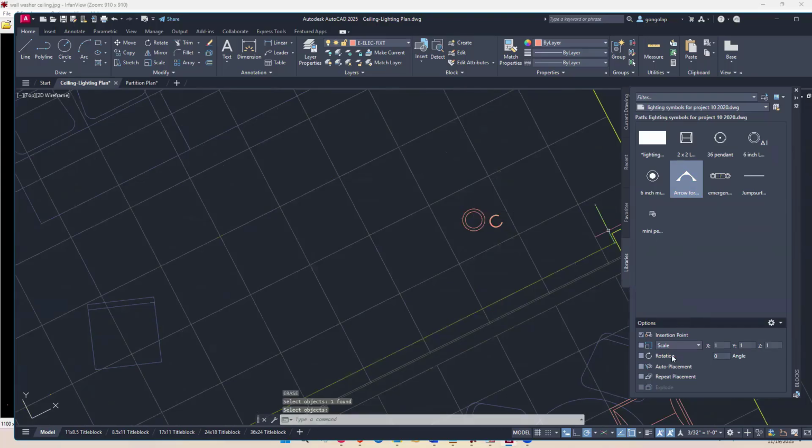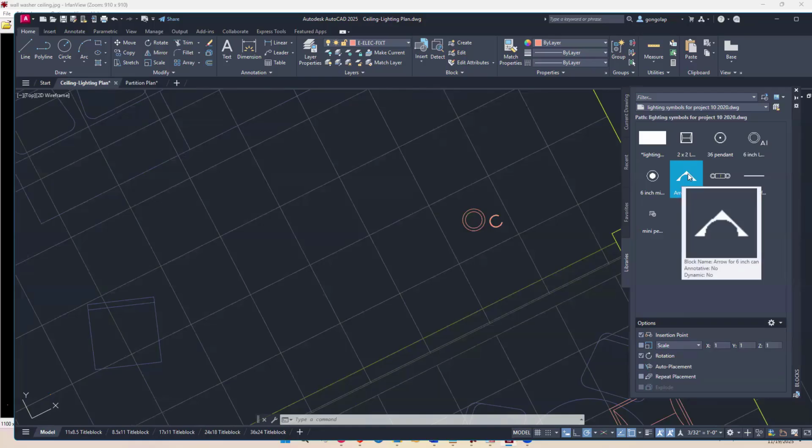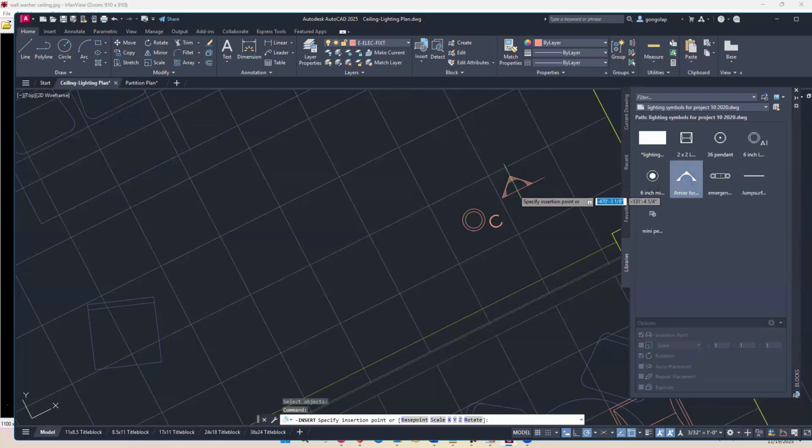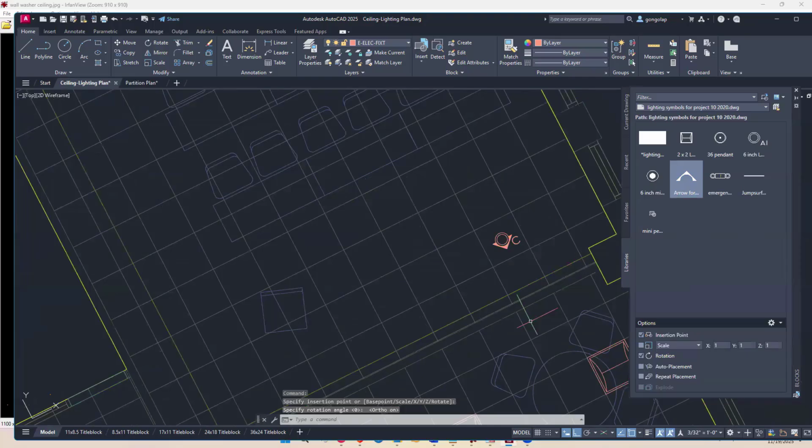And if I turn on rotation here in my blocks, when I insert the block, AutoCAD will automatically ask me if I want to rotate it. And in this case, I do. So I'm just going to reinsert it. And now, let me turn my ortho on, I can rotate it so that it is facing the wall. Okay, so now